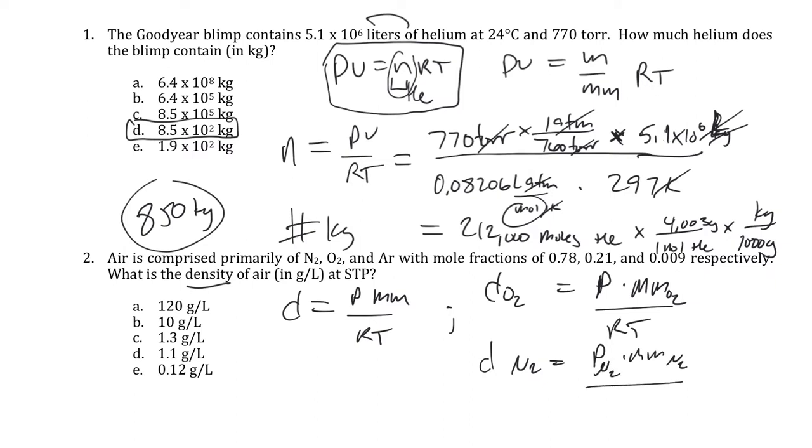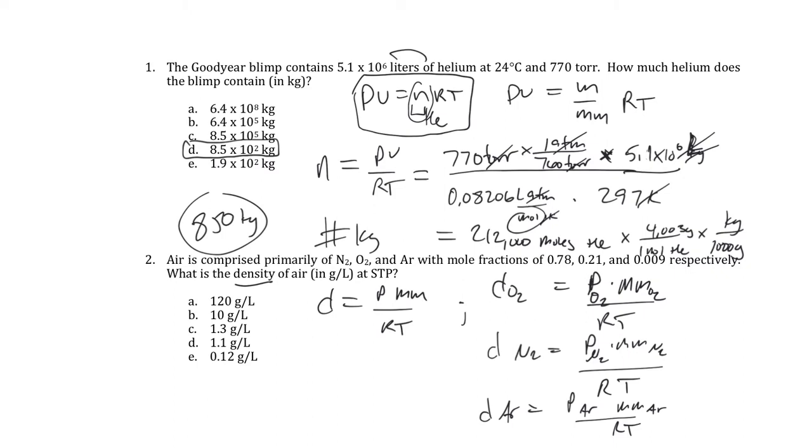It's the partial pressure of N2 times the molar mass of N2, and then divide by RT, and then the same thing for argon: the partial pressure of argon times the molar mass of argon, divided by RT. You could simplify this perhaps, calculate an average molar mass and take your total pressure for your total density. That's one way to do it, but I think if you just take your total density as the sum, the density from O2, the density from N2, plus the density from argon,